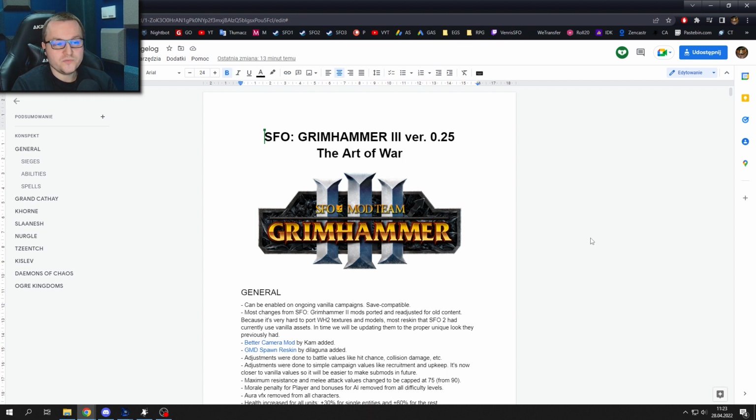SFO Grimhammer 3 version 0.25, the Art of War update. Why 0.25? And you will say, this is not finished, etc. So the naming is quite simple, because it's 0.25 of what SFO Grimhammer 2 had, at least in my opinion. So we will be slowly adding stuff, but overall, battles are a very big milestone, because most stuff is based